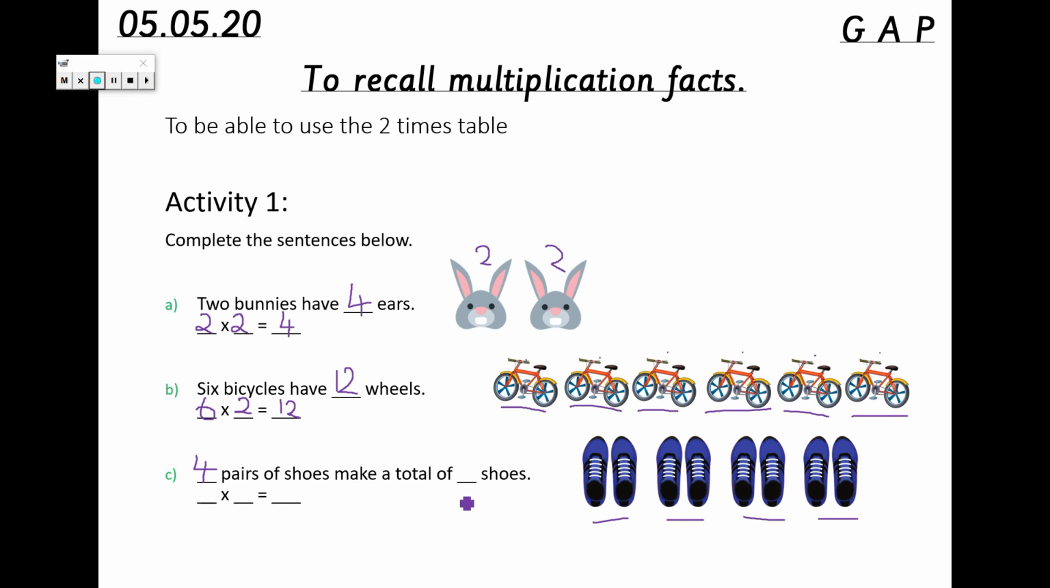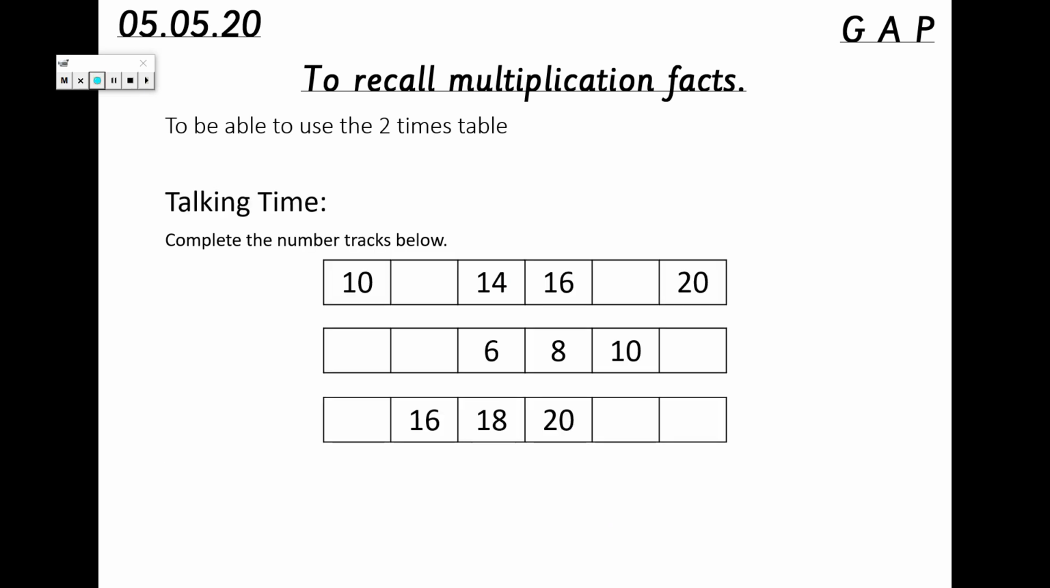If you said there are 8 shoes altogether, then you are absolutely right, because 4 pairs of shoes with 2 shoes in the pair gives us a total of 8. Well done everybody. So let's have a look and see if we can fill in the blanks